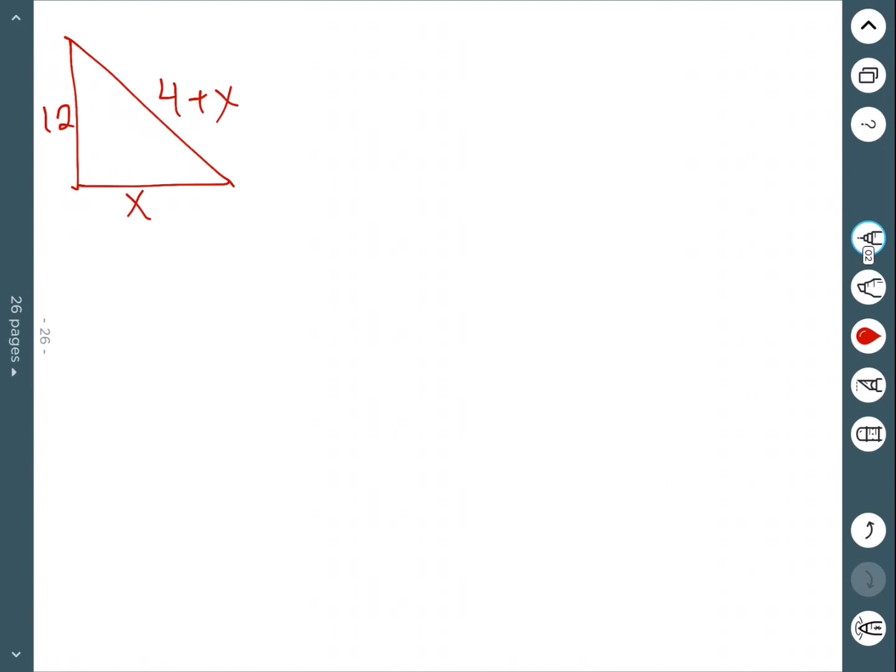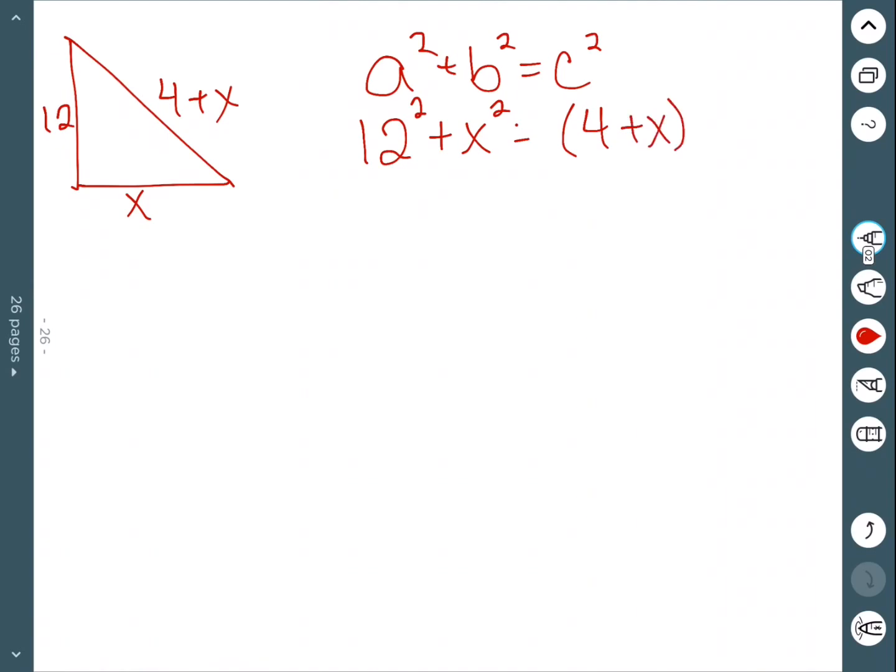We know this is a right triangle, which means it satisfies Pythagorean's theorem: a squared plus b squared equals c squared. So we have 12 squared plus x squared is equal to (4 plus x) squared. On the left, I have 144 plus x squared. On the right, we need to multiply this out, and we can use the shortcut, which says square the first number,